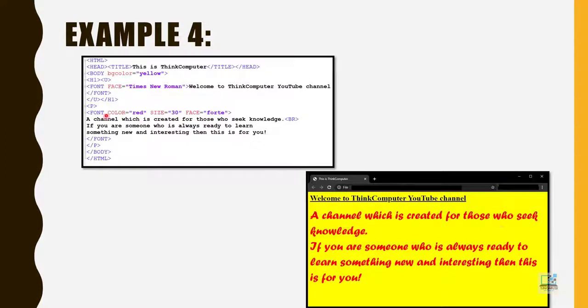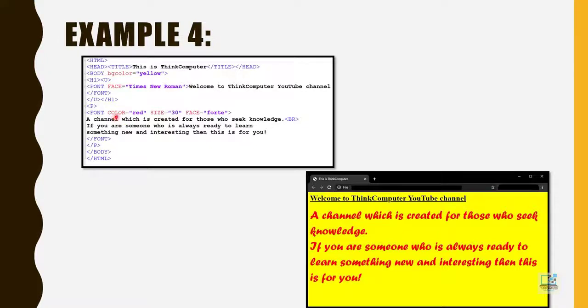Remember, in the font tag, when you are specifying the attributes, there is no specific order in which you should specify them. Means if you want, you can write the face attribute first, and then after that you can write the size attribute, or first you can write the size, then the color, and then the face. That doesn't matter. Also, it is not compulsory to use all three of the attributes. Like in this case, I have only used the face attribute, whereas in the second case, I have used all three of the attributes. And whenever any tag is closing, we do not have to specify the attribute. The attribute is only specified in the opening tag.